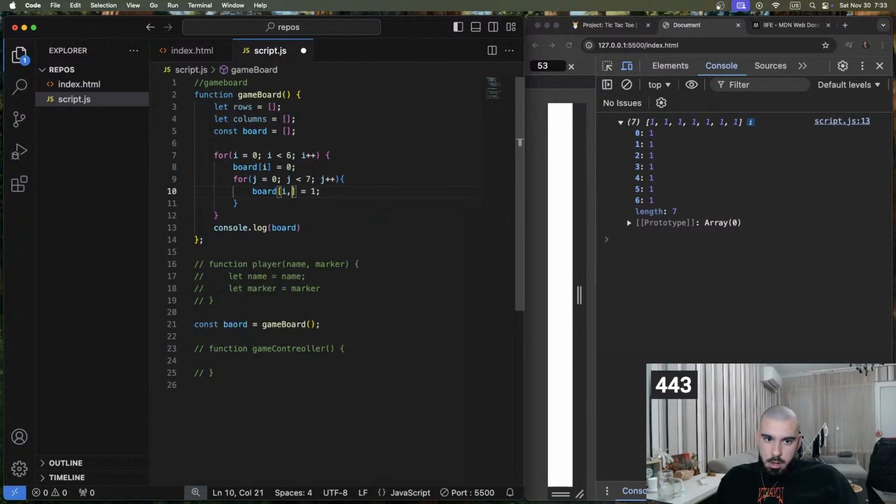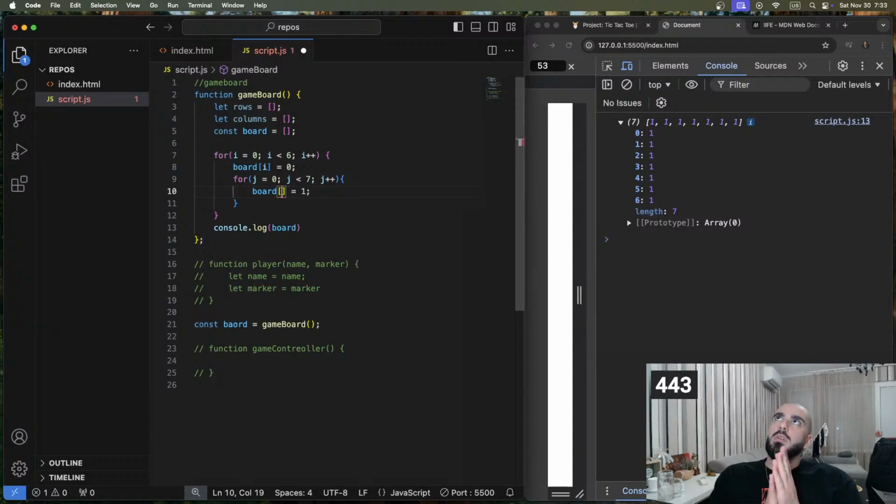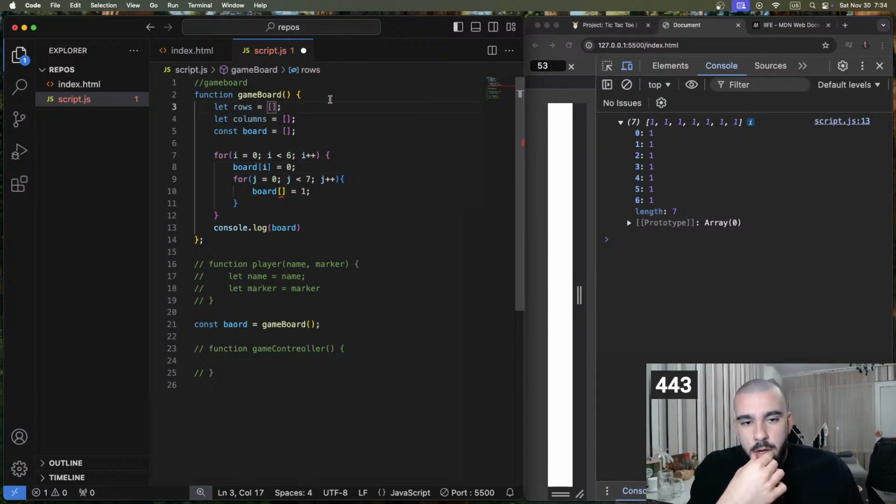Can we do I, J? Nope. Alright, so what if we make the rows? Wait. So for each board I, which is like this, we want to set a row. We actually want to set a column there, I think, but